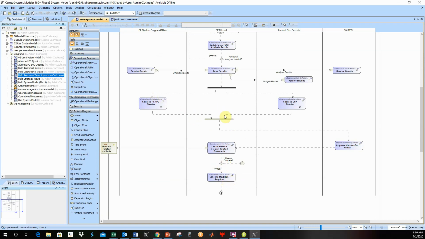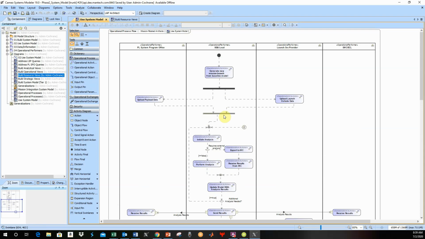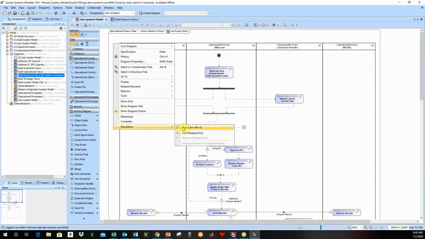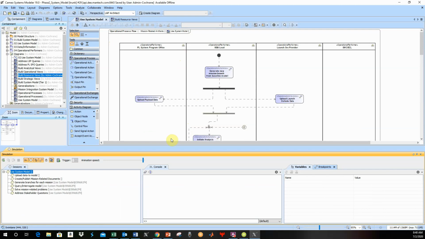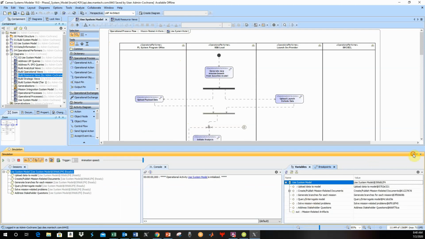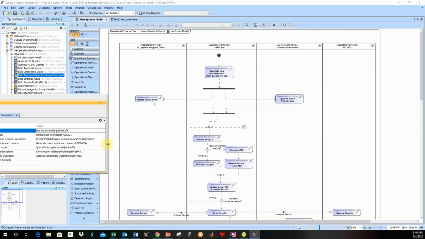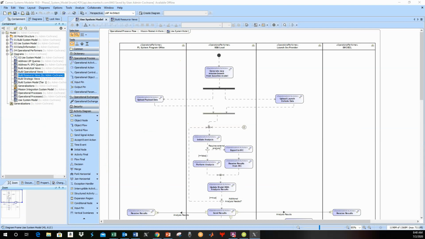So now what I want to do is to go through and actually execute this so that you can see how this process works. So I'm going to right click and do a simulation. And what I'm going to do is take this off of the screen and have it float off to the side so it won't interrupt what we're trying to do. And I'm going to take the simulation speed and run it a little bit slower. So then we're going to start. So you can see this is executing